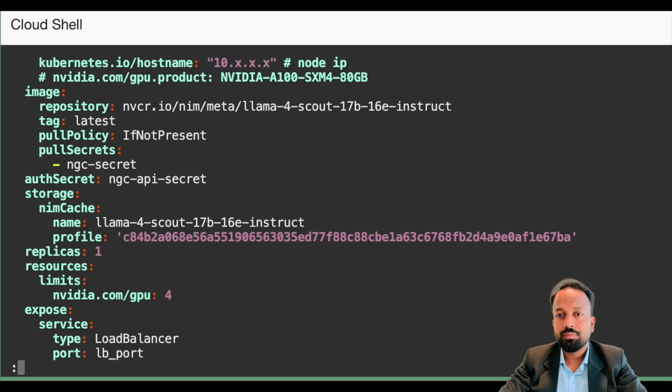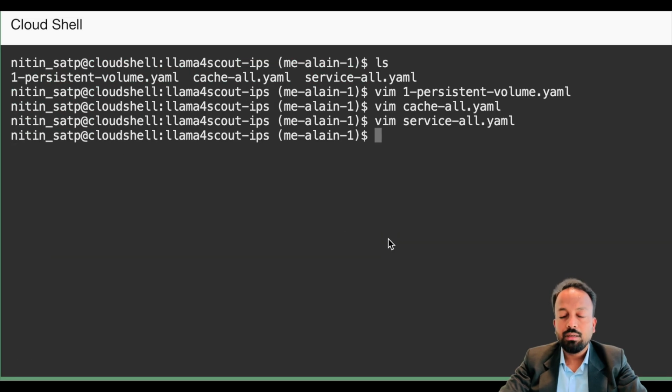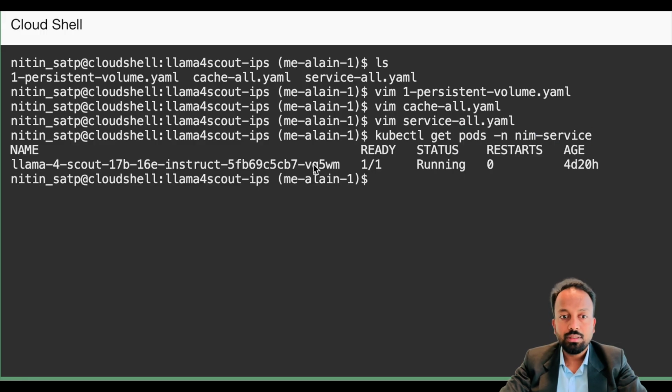After this, the aim is to show how we can run all these files, and then to show you the service which is already running. I have not done that live. I have already recorded it, because downloading and running the model will take a lot of time with some debugging, but overall the files will remain the same. So I'm showing you the pods inside the NIM service namespace. You can check the pods now. That's the pod I have already launched, and it has been running for 4 days now.